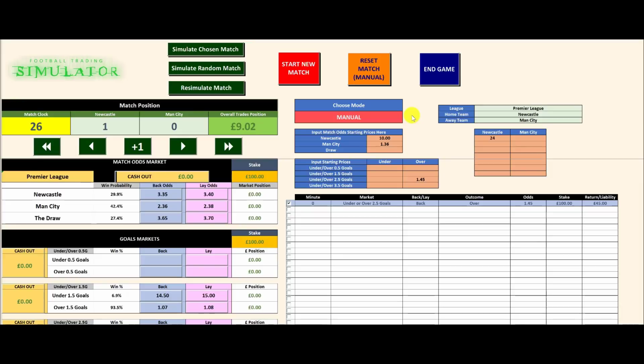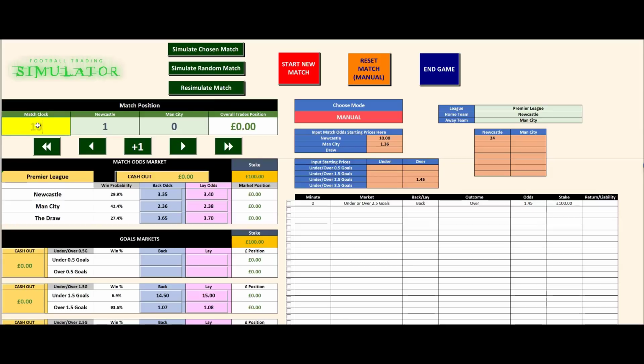So that is fair enough, but let's have a look and see what would have happened if we put 100% of our stake in the market at the 10th minute. What about that? With the football trading simulator, we can just remove this bet. You click that box, and it will remove the bet from the market. Now we can try a different bet and see what that would have done for us.